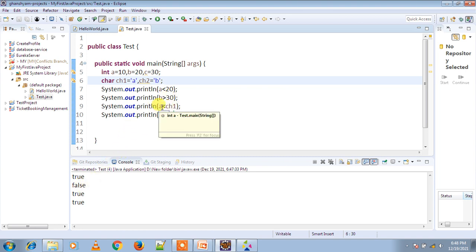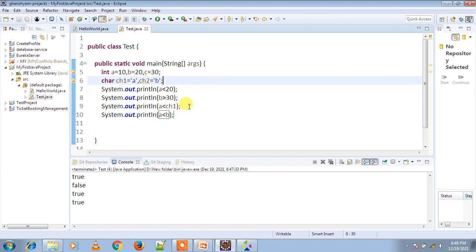Now a is 10 and ch1 which is a, so 10 less than a, which is true, because the variable holds the value a, and its ASCII value is 97, so 10 less than 97 is true, and a less than b, which is true.